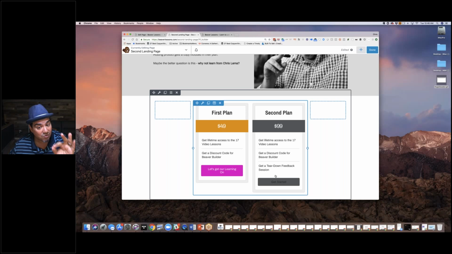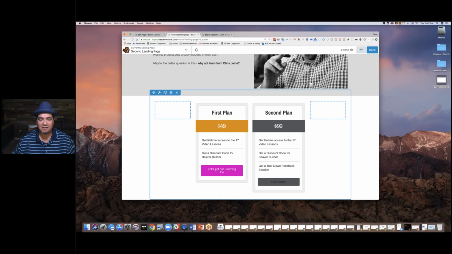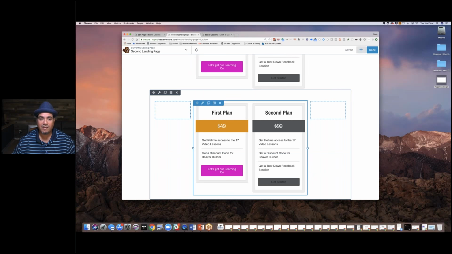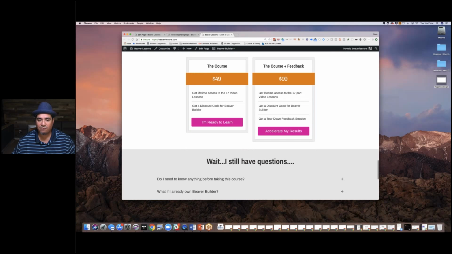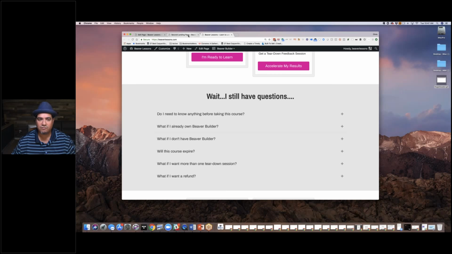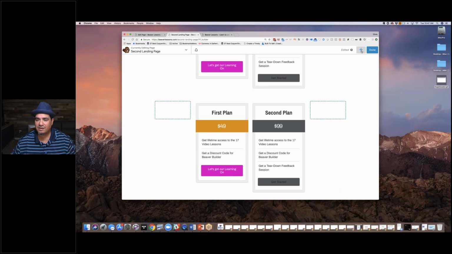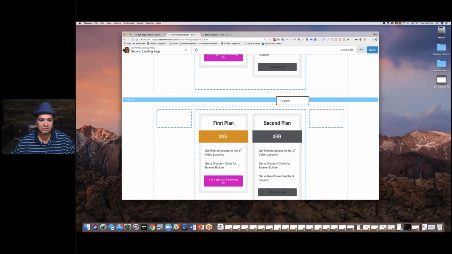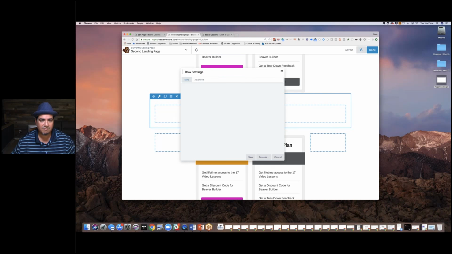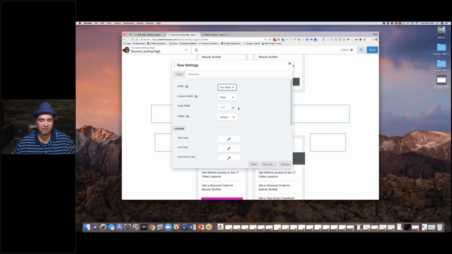Now we're close, we're almost done. We're not all the way there, right? What I'm going to do is I'm going to duplicate this because you'll remember that we had this pricing twice, right? But in between we have a whole other column, or another row. So let's do that now, right? I'm going to come in and grab a 1-column row, put it in between, right? We're going to make this full width, fixed,